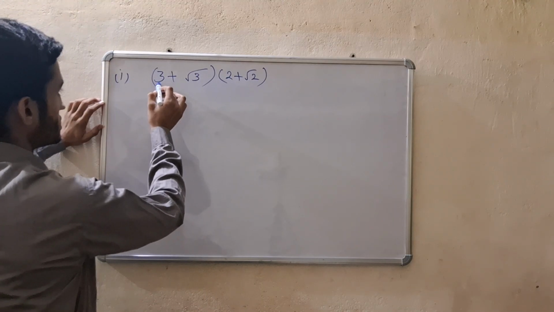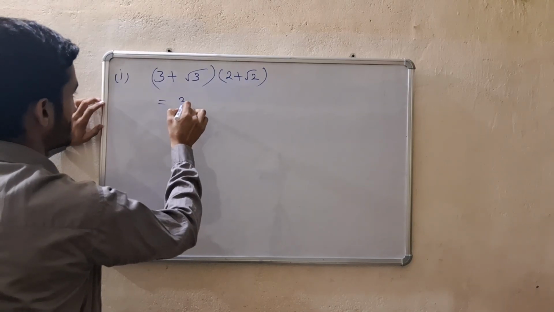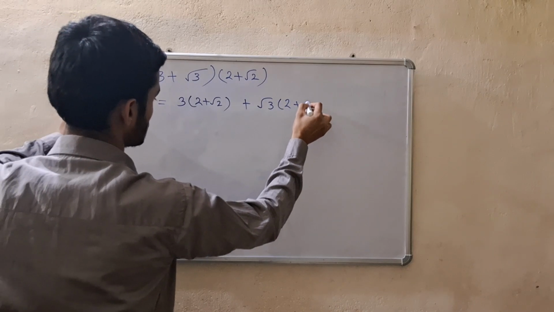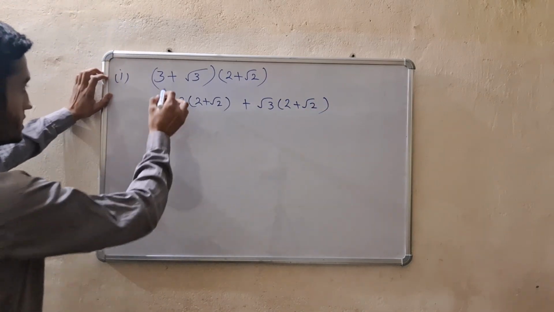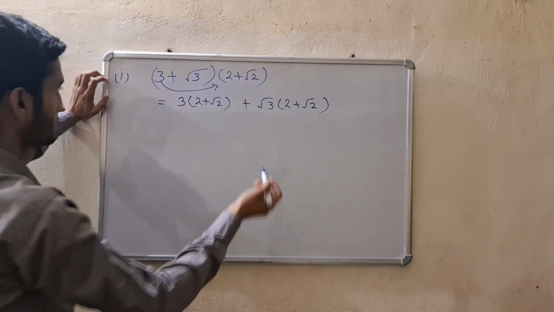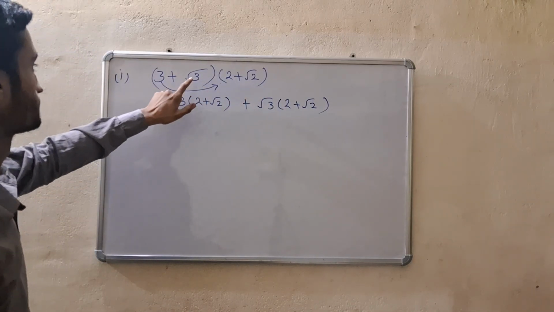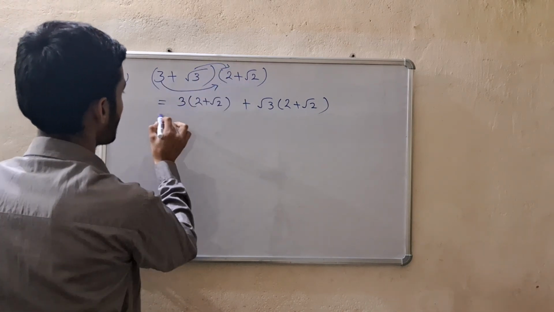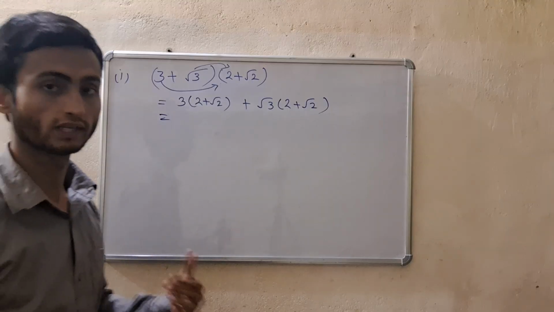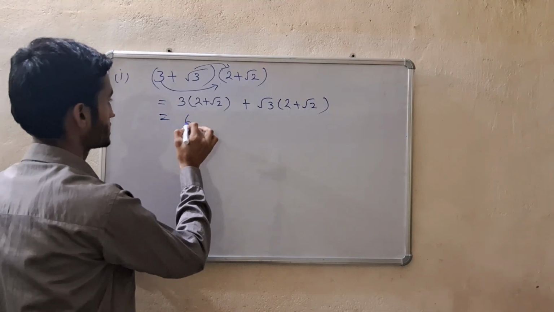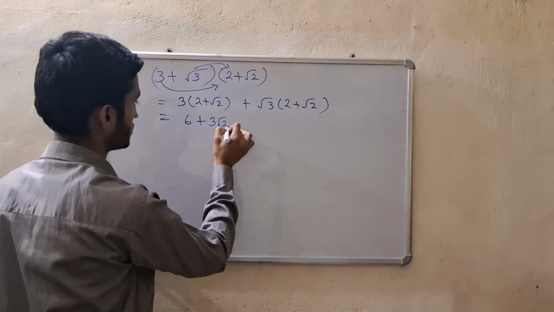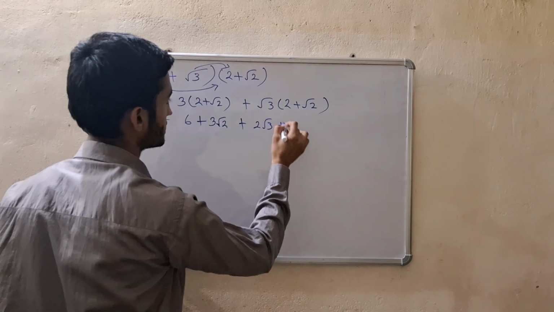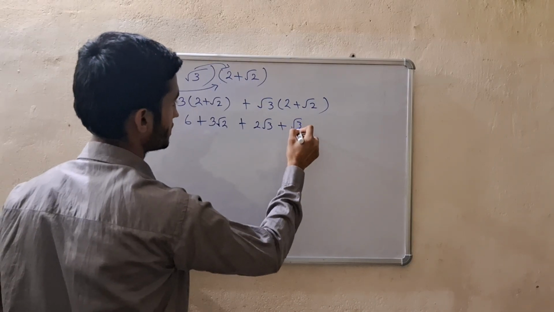So we distribute this 3 over this expression. So 3 times 2 plus square root of 2, then plus square root of 3 times 2 plus square root of 2. As you can see, this 3 gets distributed to this, so it's like 3 times this, then square root of 3 times this. So now we go one step further. 3 times 2 is 6, and 3 times square root of 2 is 3 square root of 2, plus this times this is 2 square root of 3, plus square root of 3 times square root of 2,